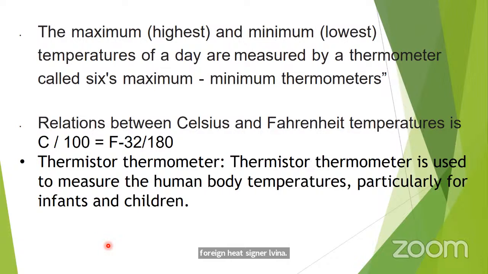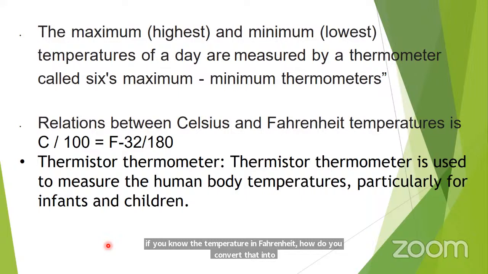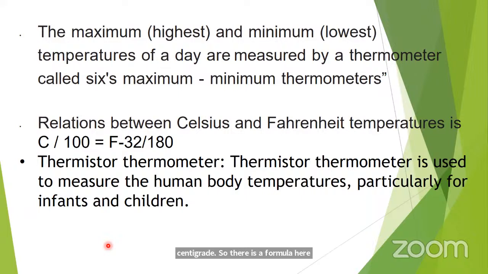If you know the temperature in degrees Celsius, how do you convert that into Fahrenheit? Or if you know the temperature in Fahrenheit, how do you convert that into centigrade? So there is a formula here. Centigrade by 100 is equal to F minus, what is F? Fahrenheit. Value of Fahrenheit. F minus